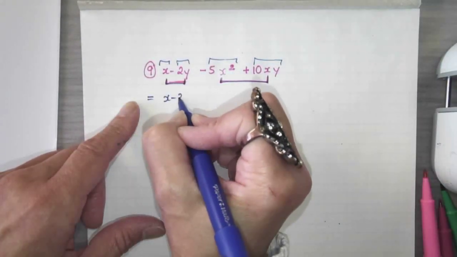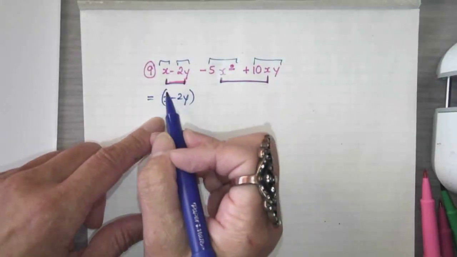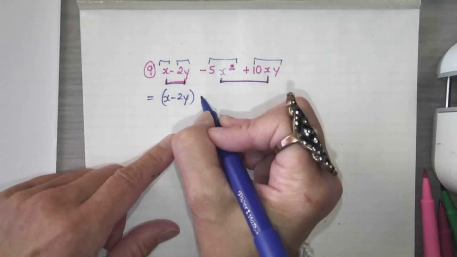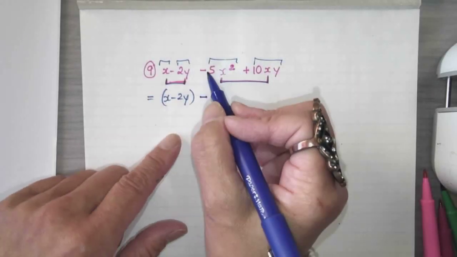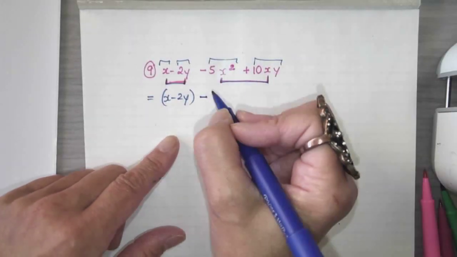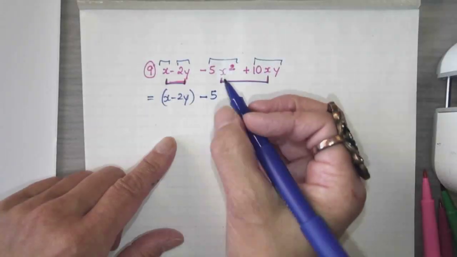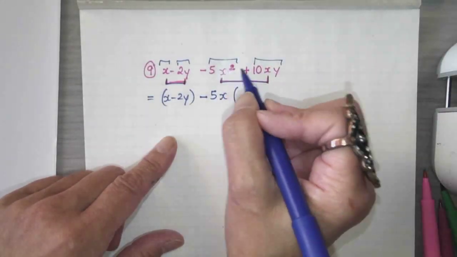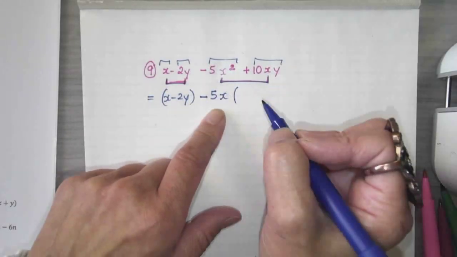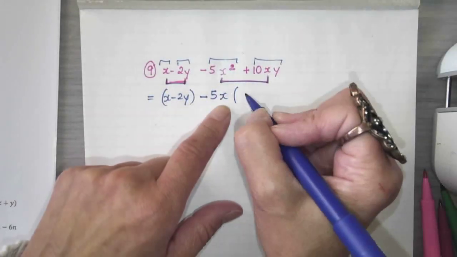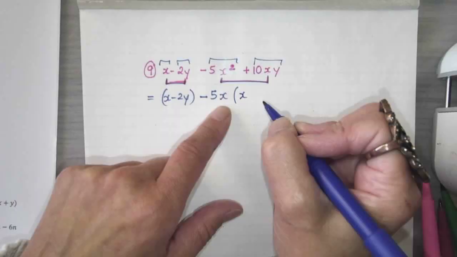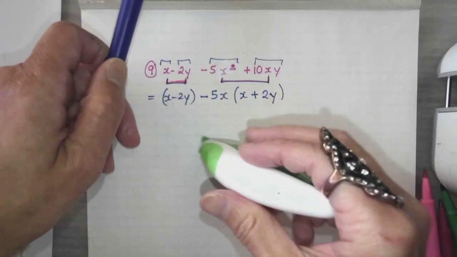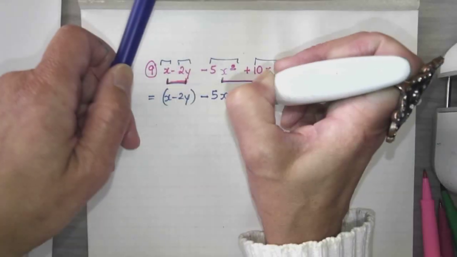So we're going to leave this alone. If I put it in a bracket, it's not hurting anyone because there's nothing around it. I'll just bracket that. Here I'm going to take out the minus, and 5 goes into both of them, so common factor, and there's an x I can take from both of them. So I'm going to take out 1x from both of them and the 5 from both of them. And you're left with an x here, one more x is left, and 2y. Uh-oh, and that is minus, actually,